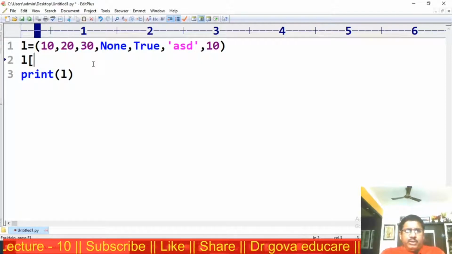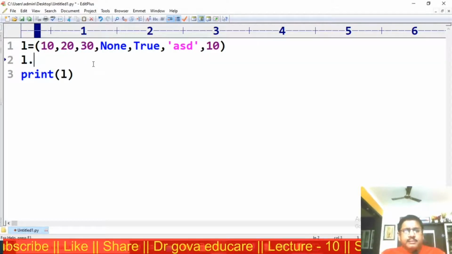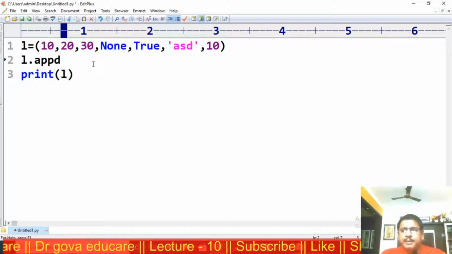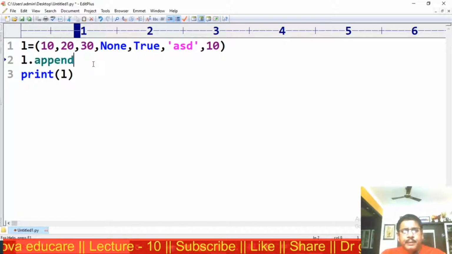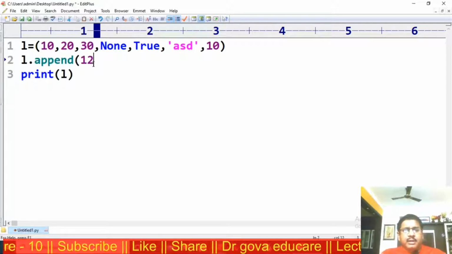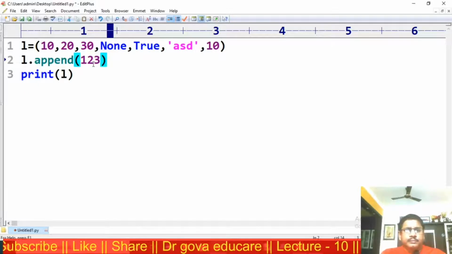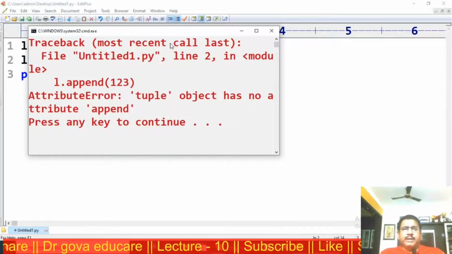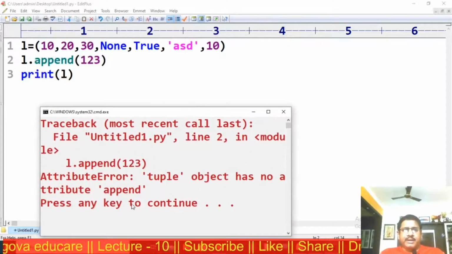Now, if it is an immutable data type, the append function is not allowed. We get an error: tuple object has no attribute append.